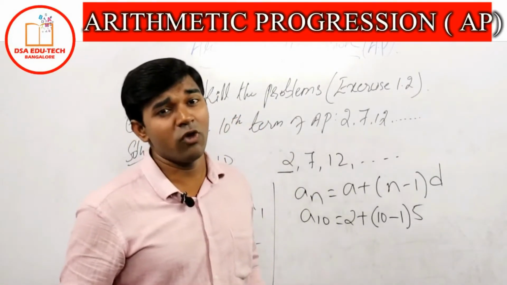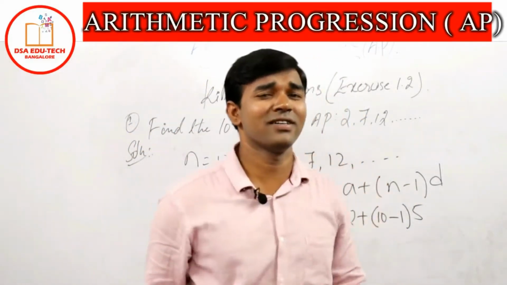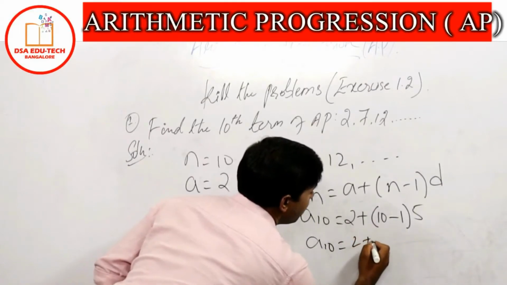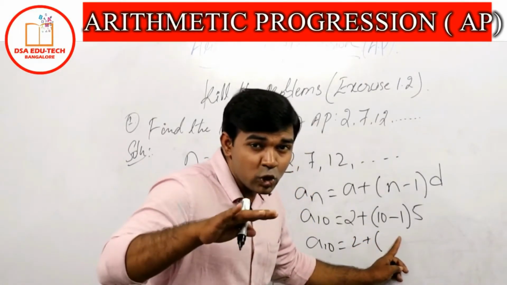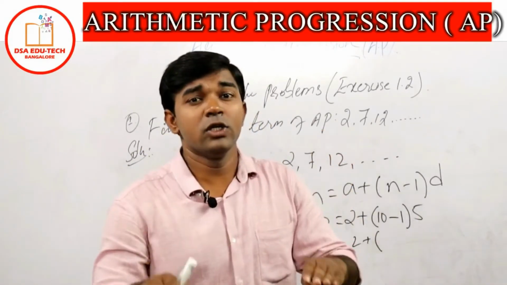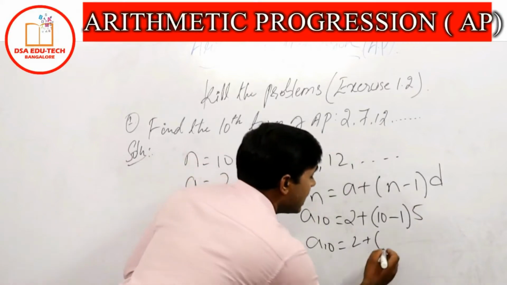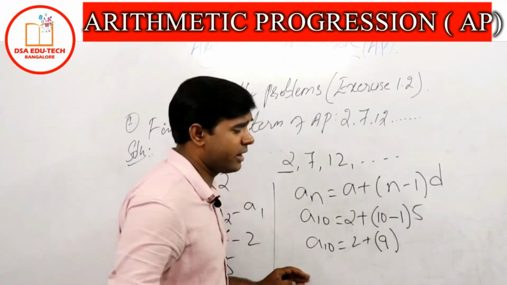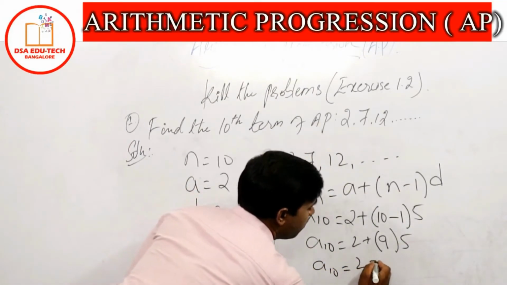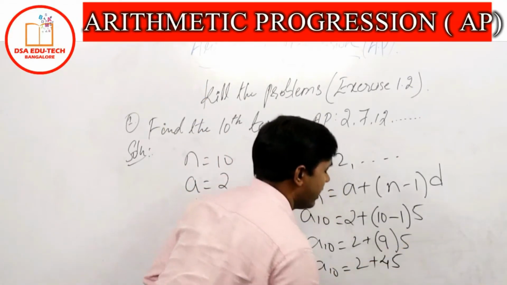So after this, what is my work? We just have to do addition, subtraction and multiplication and we'll get the answer. That is how we kill the problem. So I will write a10 is equal to 2 plus, now I will subtract first, right? Basically here we are following the BODMAS rule. I want every one of my 10th standard students to know the BODMAS rule. It will help you a lot. So 10 minus 1 is nothing but 9, into 5. So a10 is equal to 2 plus 9 fives are 45. Cool enough?